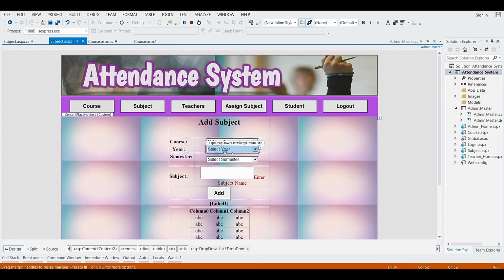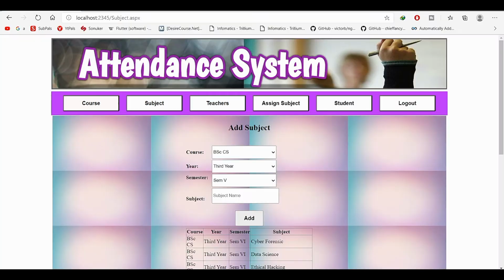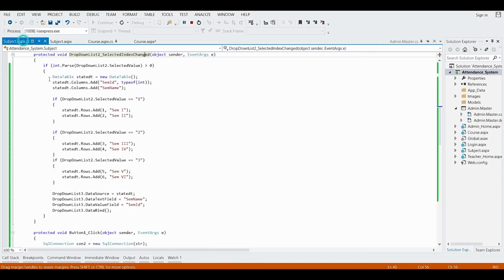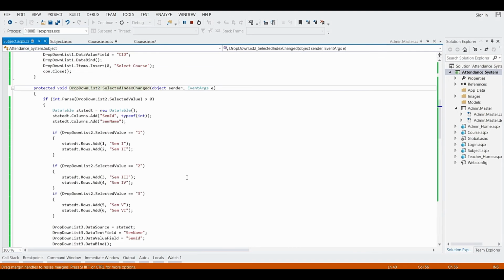Okay, and then we are working on the drop down list 3, but based on the drop down list 2, we are getting the records in drop down list 3. Okay, so first of all we are going to get the selected value for the drop down list 2, that is which year has been selected.